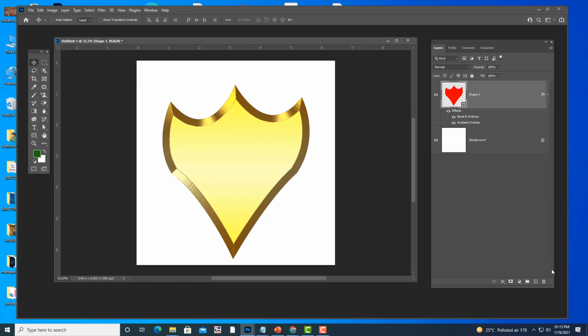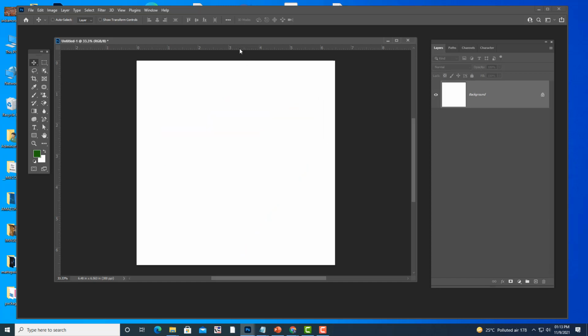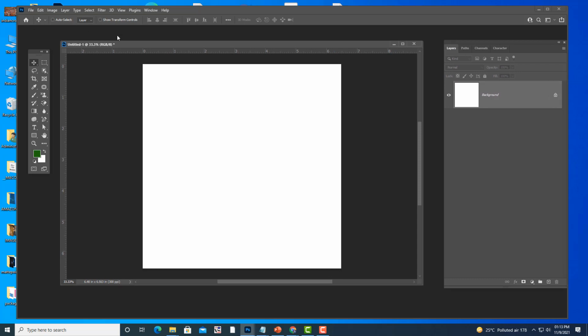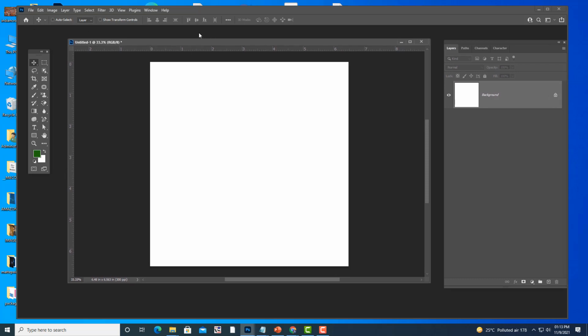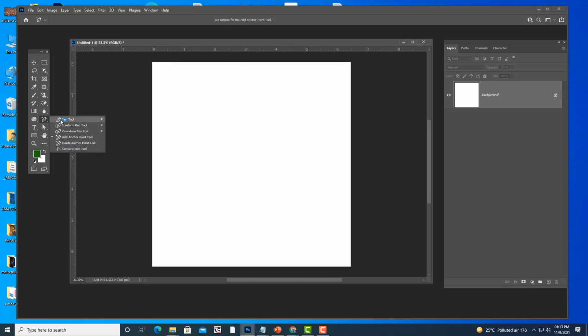Okay, so we understood how to create this shield. Till now we have created different shapes, and we have also seen how to use Alt to break the handle. That is what we have seen. Now I will tell you the use of the path option. We have already covered shape, so then we have this option, path. Let us see what that is.